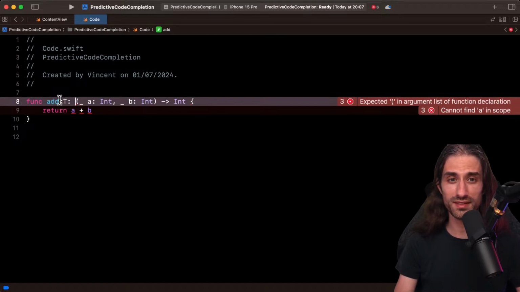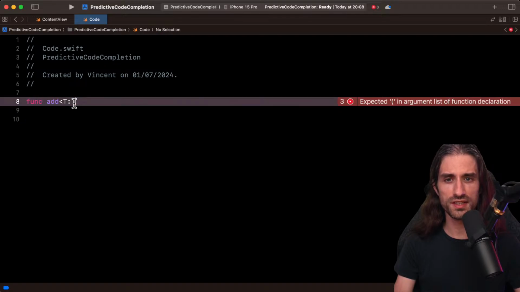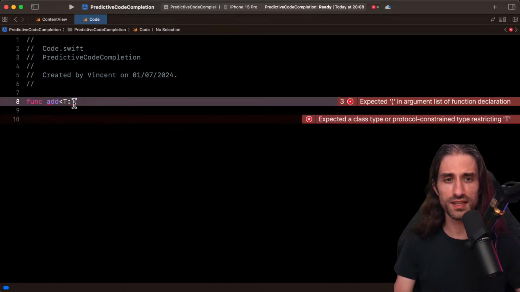So you need to wait a bit, and you never know if it's going to give you an actual suggestion. So as I was saying, it's a bit frustrating, and there is no way to force it to suggest something, as far as I know. So that doesn't seem to work, but let's remove all of this and see from here if it can say, okay.